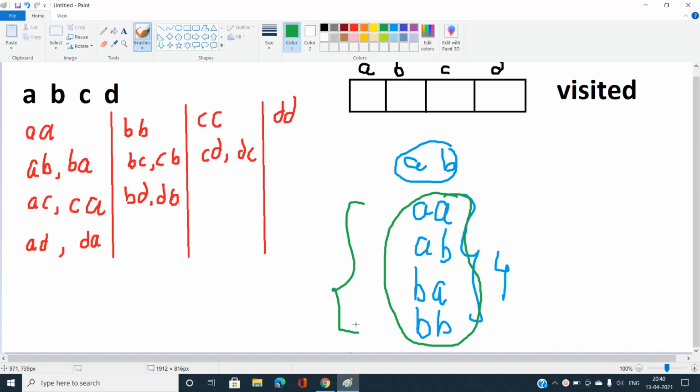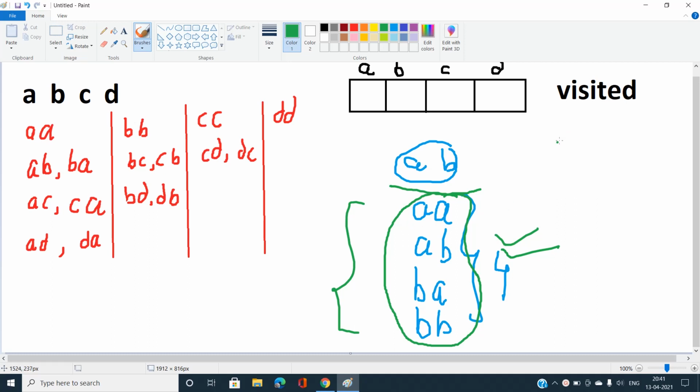I'm going to explain later what happens if we still haven't filled the entire string of length n, and what we are going to do in that case. No need to worry, I'm going to explain this later in this video. Now just think: if we are only given these two characters, we need to first fulfill all the distinct substrings of length 2. How are we going to fulfill that?